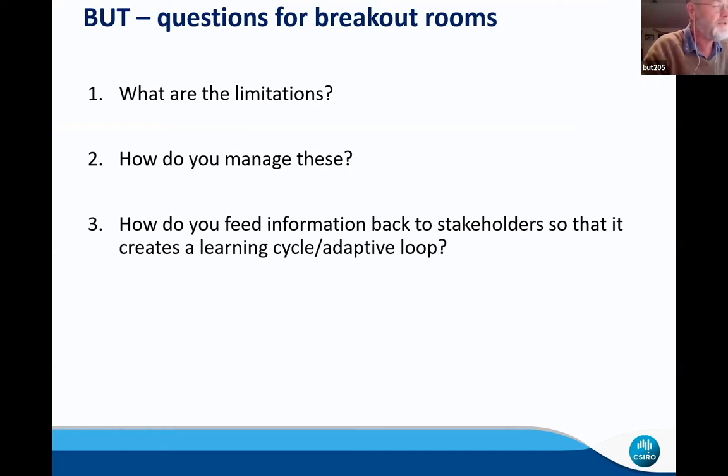And then the third question really relates to what I just said as well: how do you feed that information back to stakeholders so that it creates that vital learning cycle and adaptive loop? So we'll come back to those questions for the breakout rooms, but just for now, we thought that we'd maybe